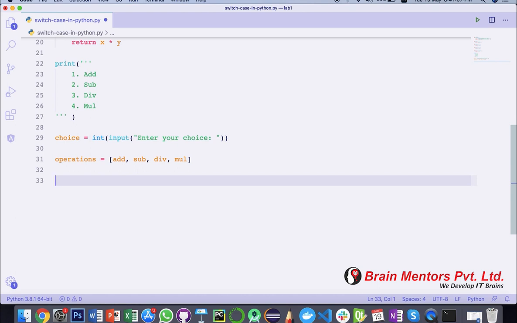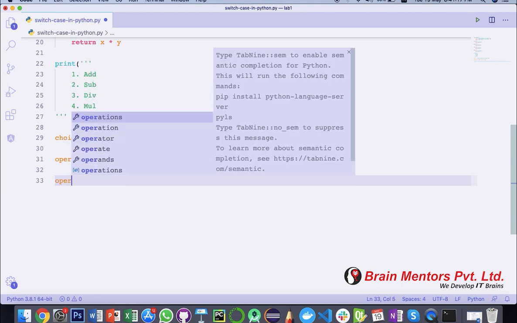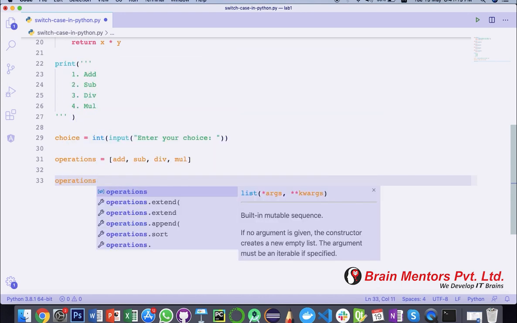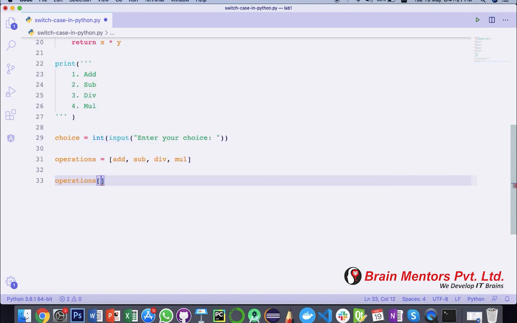Okay, so now we are ready for doing that particular task. What we are going to do here is fetch the particular name of the function that we want to execute based on the choice. But there is a slight problem: the user is going to enter 1 2 3 4, but the indexes for these functions are 0 1 2 3.